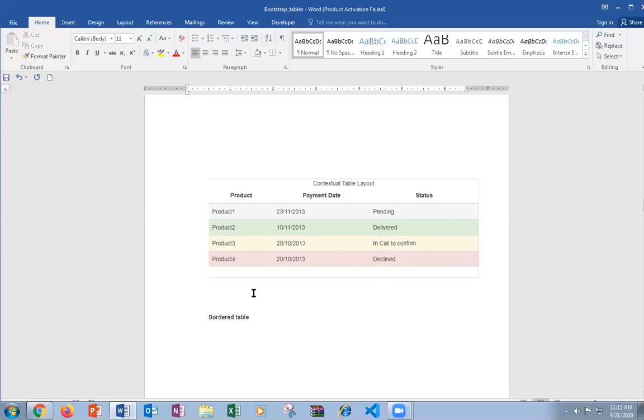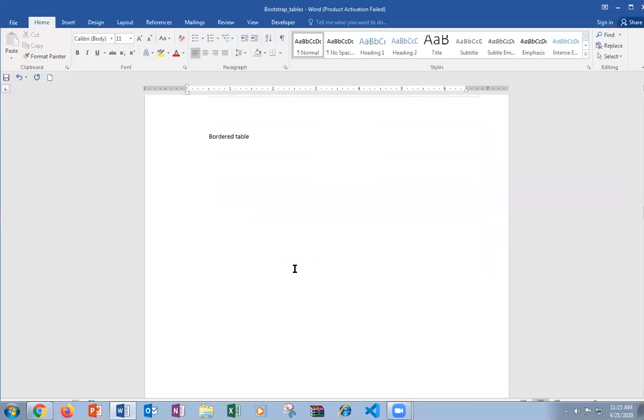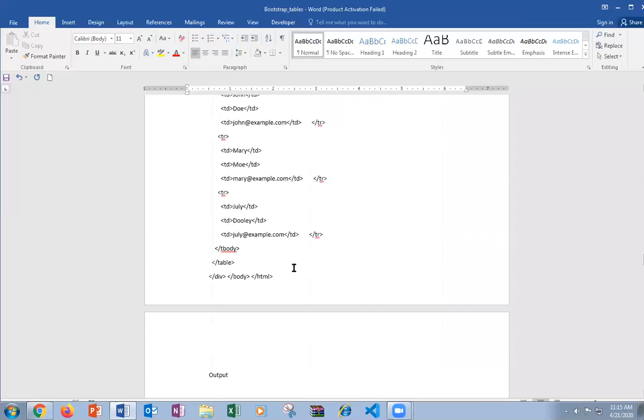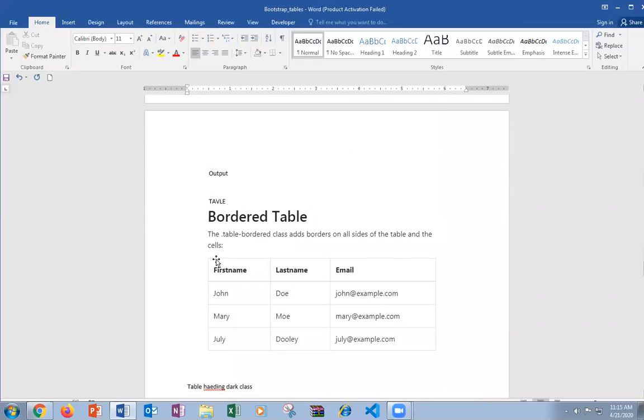Next, we will go to the border class. See, in these tables you don't see typical borders. If I want to have a border, something like this, where I place a border with first name and last name as table headings, then you have the values. You have one row, that is the first row, the second row as Mary, and the third row as July. To represent the table with borders,